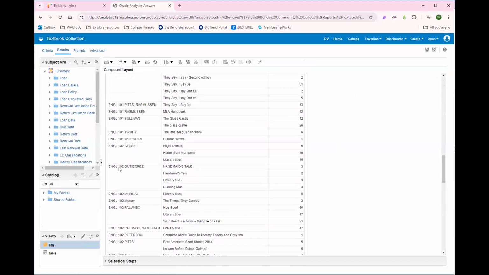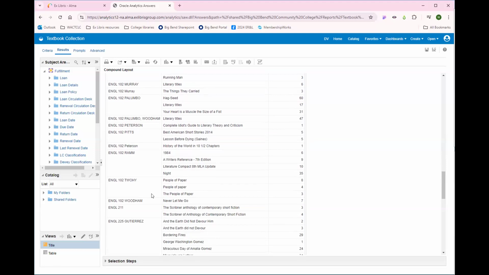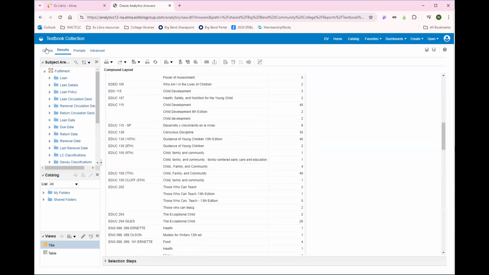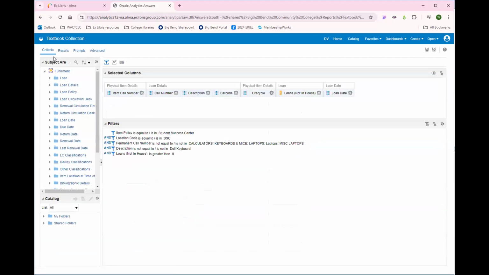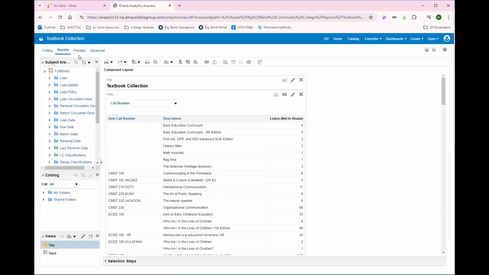Well, here they are. Under English 102 Gutierrez, we have literary titles. Under 102 Murray, we have literary titles. Now we have all these different faculty teaching English 102. So a different way that we could bin is we could take the, what is that under? That is the item call number